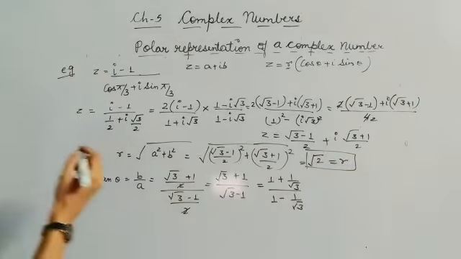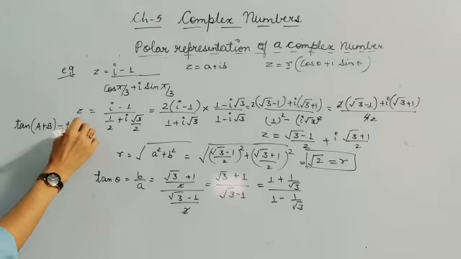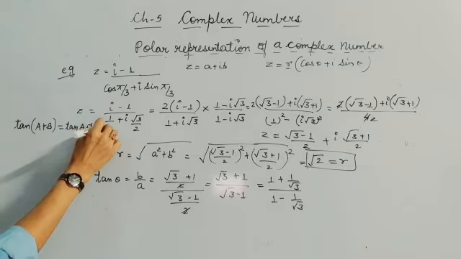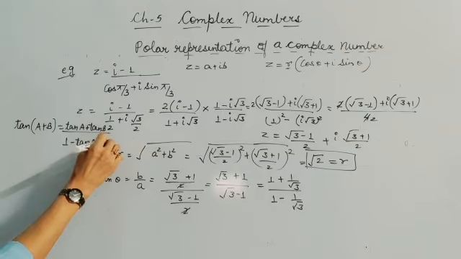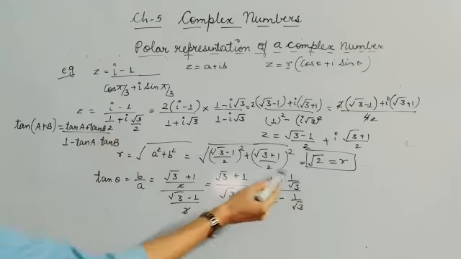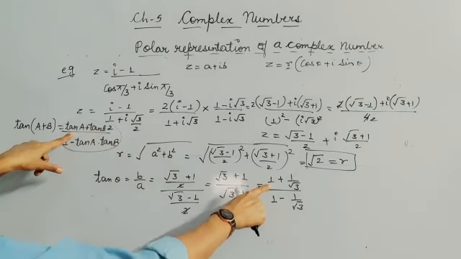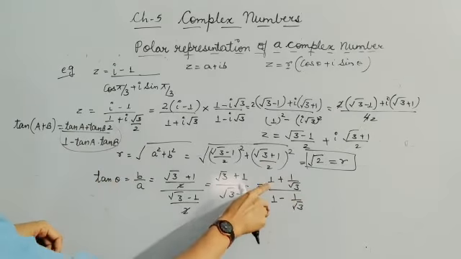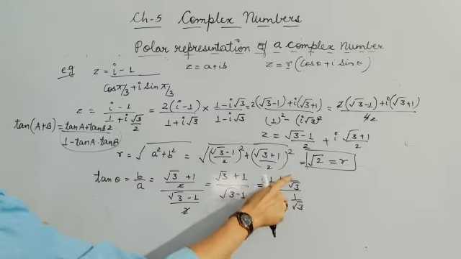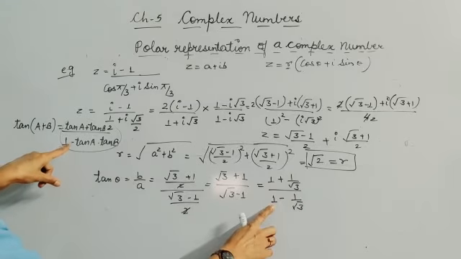And you know the formula from trigonometry, that tan a plus b is equal to tan a plus tan b whole upon 1 minus tan a into tan b. So I am trying to convert this into this form. Look here, this I can say is my tan a, which is a standard value in the tan table, which is tan 45 degrees. Yes, 1 by root 3 is also tan 30 degrees. 1 I am getting here, so here also minus.